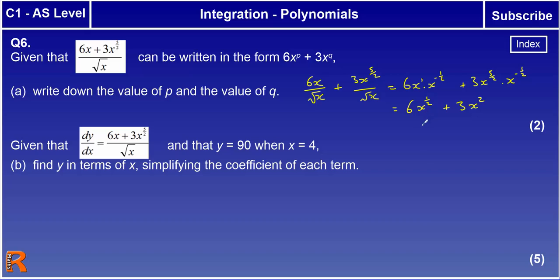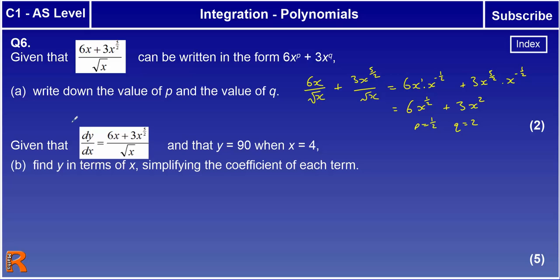So that actually makes it a little bit easier. So those are p's and q's. P is going to be a half, q is going to be equal to 2, and 1 mark for each of those. I think you get it from just getting those two terms anyway. So the next bit, which is worth 5 marks, given that this differential of y is equal to this function